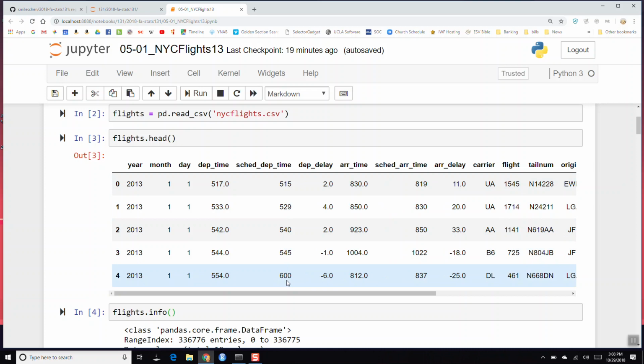We're probably going to have to do some corrections here, because if I calculated the difference between 545 and 600, it would give 55. But that's not correct, because the time between 5:45 and 6 o'clock is 15 minutes. So we're going to have to do some cleanup and get pandas to recognize that this is time information and not